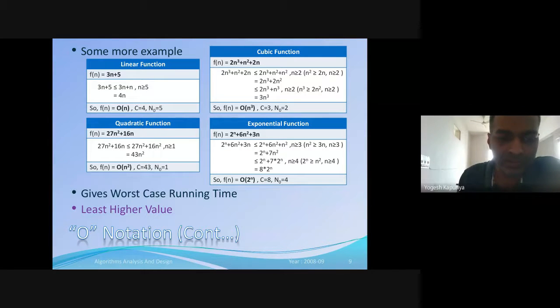So if you try to compare it with the numbers, I want to compute the least higher value of 5, of 6, sorry, least higher value of 5, then it has to be 6 if I consider only integer numbers. Otherwise, 7 is also higher than 5, 8 is also higher than 5, 9, 10, anything which can be greater than 5. But I am interested in 6 only when you are computing big O notation.